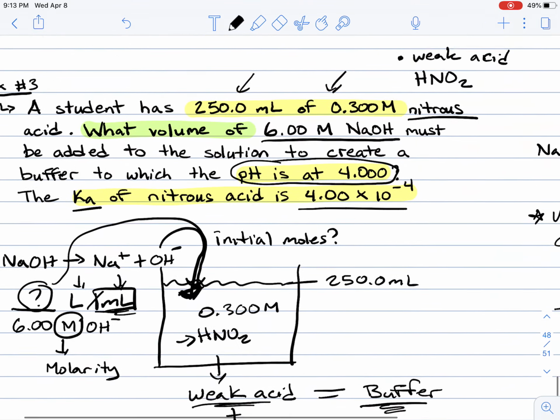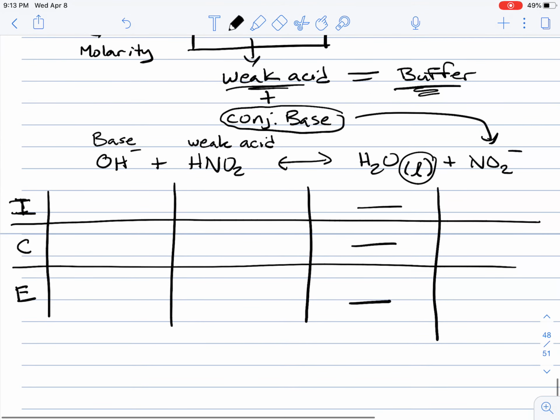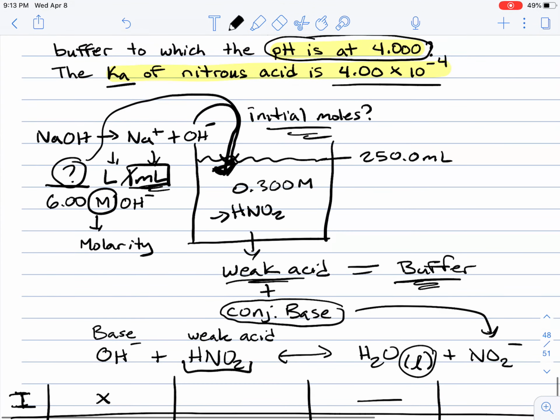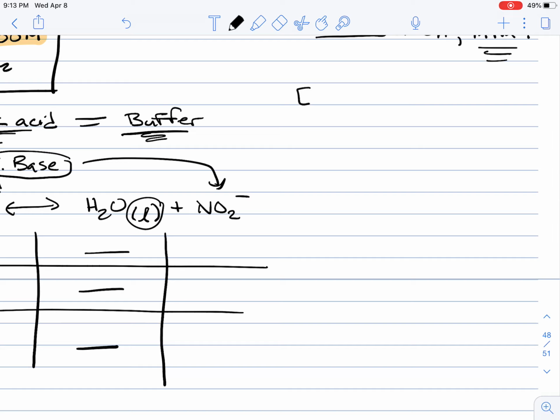Looking at this problem, do we know the initial moles of hydroxide that we're putting in? The answer is no, we don't know. So we're going to have to put an X in the initial position. Do I know how many initial moles of nitrous acid I have in my beaker? Yeah, I should be able to figure that out. Here I have the molarity and here I have the volume. So to figure out the initial amount of HNO2,